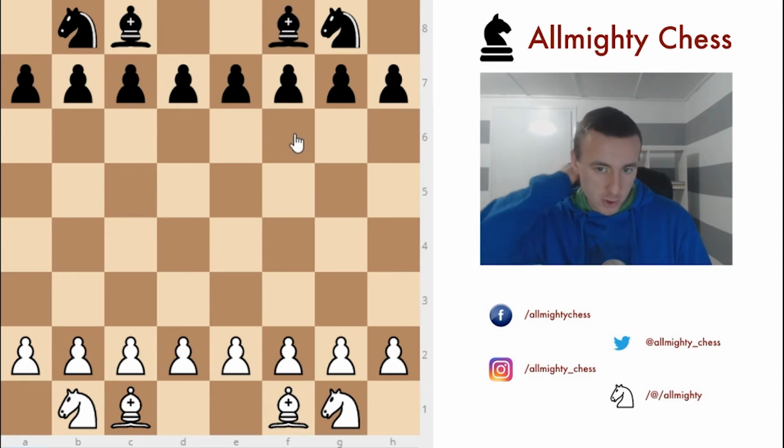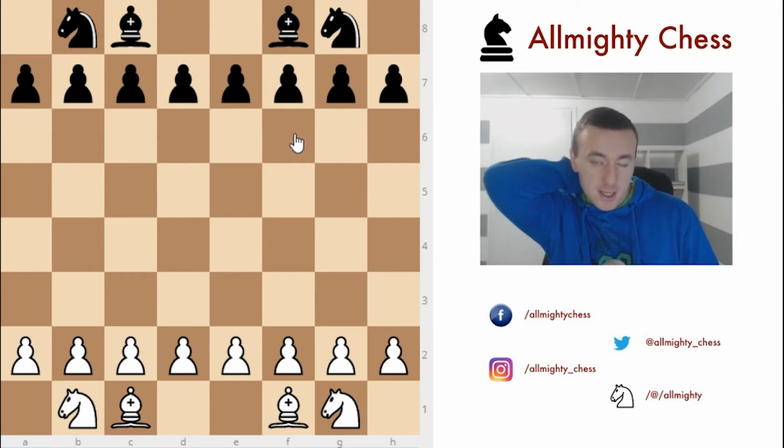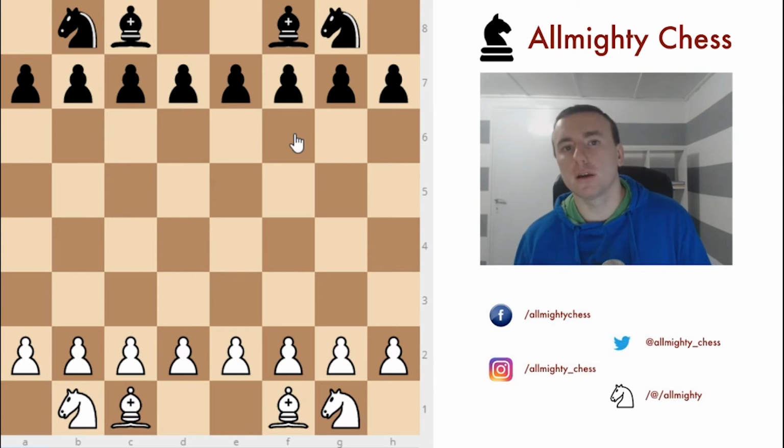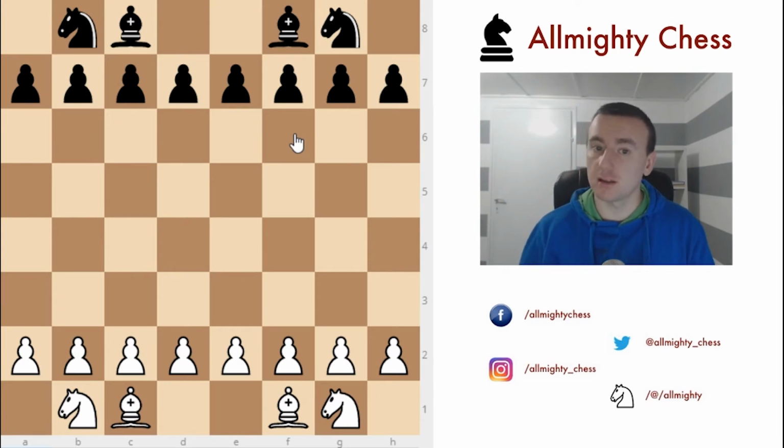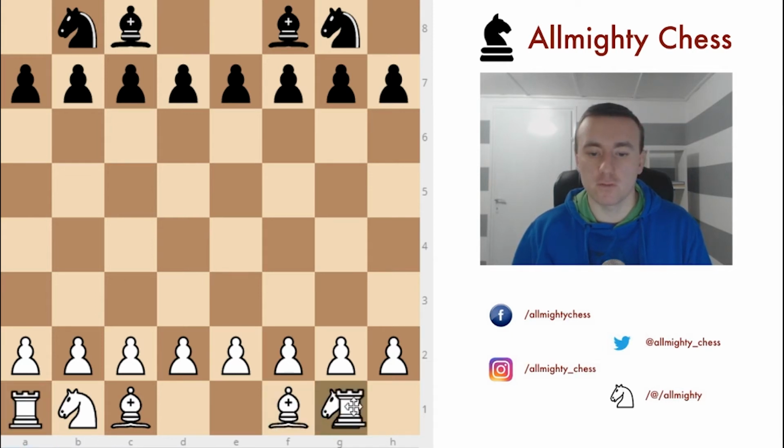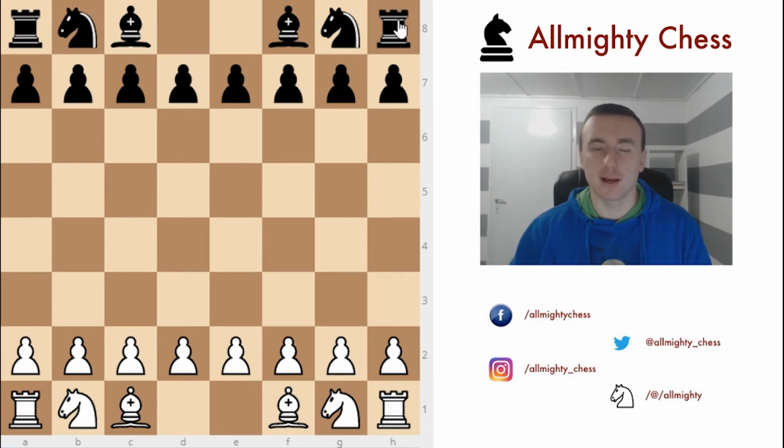So bishops and knights are actually considered to be of equal value, but as you will learn in chess, if you decide to play it, it all depends on the position. Next, let's move on. We have the rooks on a1 and h1 for white, and on a8 and h8 for black. So rooks are actually of value 5 and sometimes value 6,